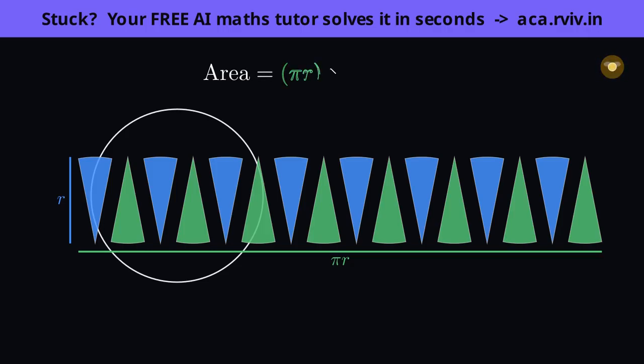The r is squared simply because one side of the rectangle is r and the other side, pi r, also carries an r inside it, so the two r's multiply together. The circle's area was a rectangle wearing a disguise all along, and now you know exactly why the formula reads pi r squared. You could rebuild it from scratch.